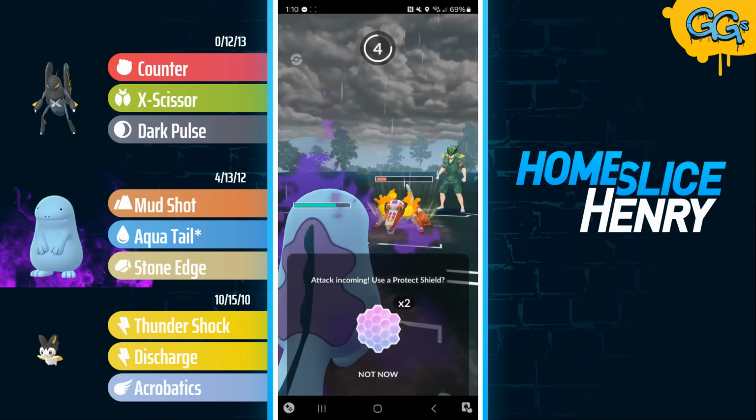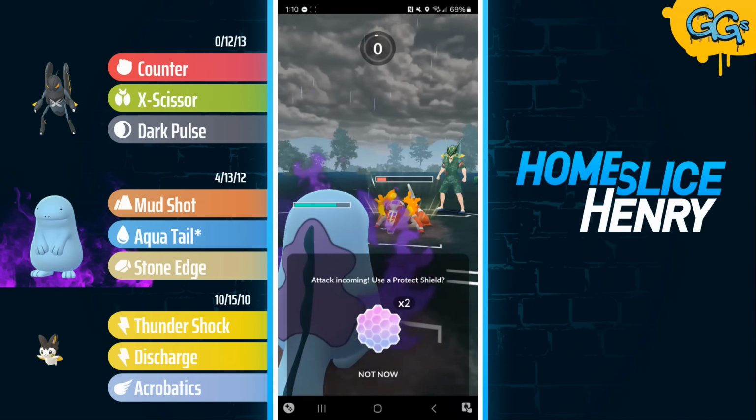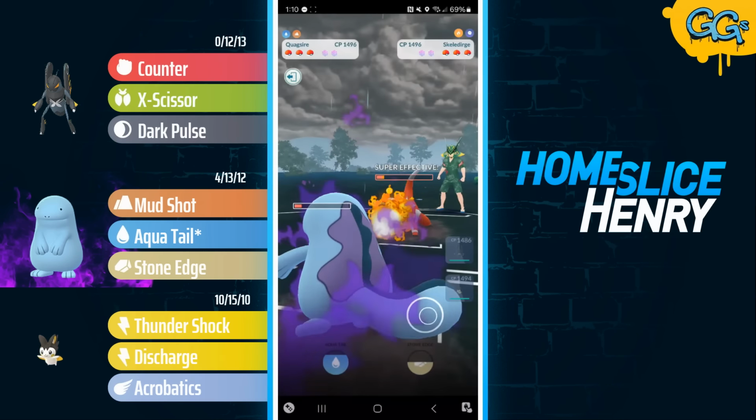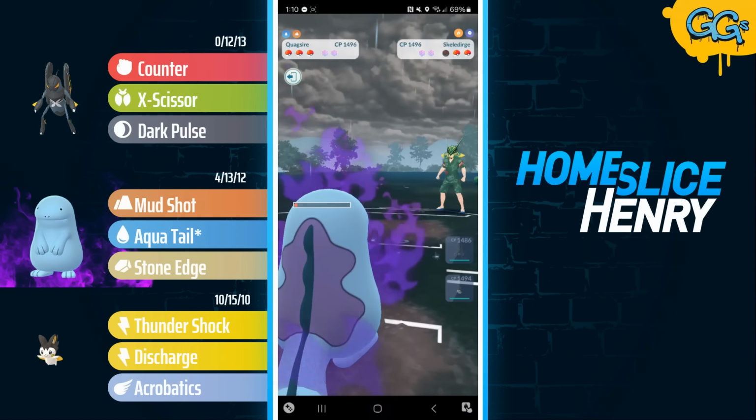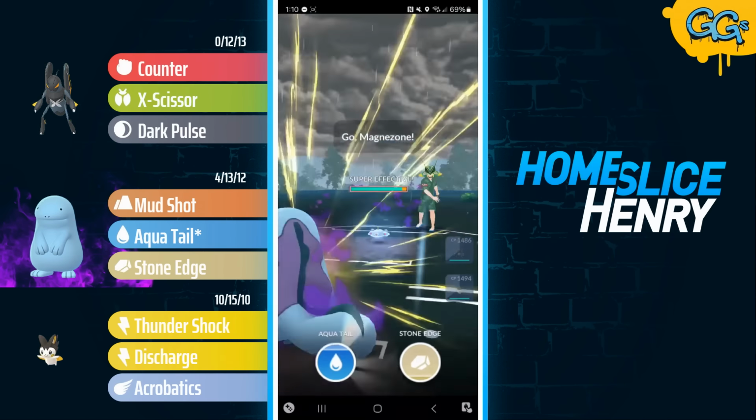I land the Aqua Tail. Even if they full send the Shadow Ball, I can Mudshot down here and survive it. The Shadow Ball does a ton of damage, don't get me wrong, but Shadow Quag gets that farm down and exits with energy to threaten whatever the opponent decides to send in. They send in